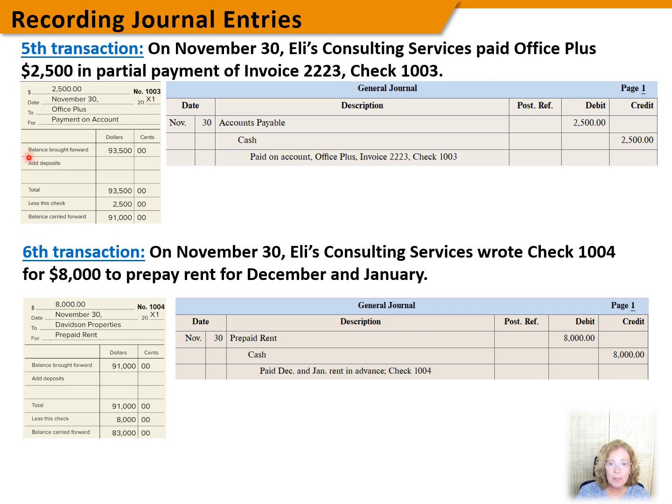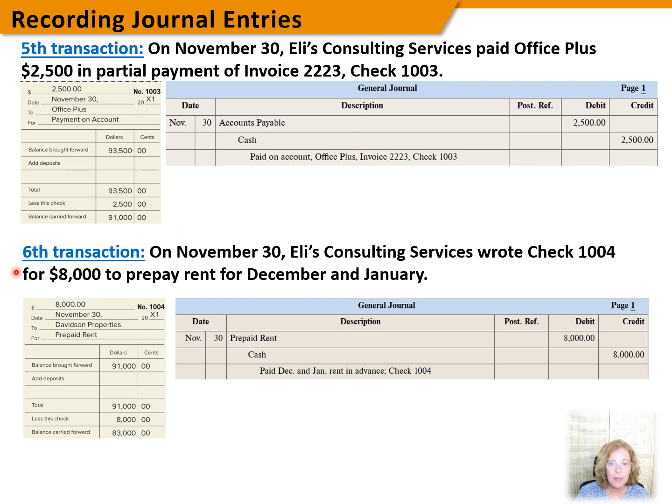For this business transaction, we debit accounts payable for $2,500 and we credit cash for $2,500. Why? Well, our accounts payable decreased, and accounts payables are liabilities which increase with credits and decrease with debits. We credit cash because it is an asset, and it decreased, and assets decrease with credits.